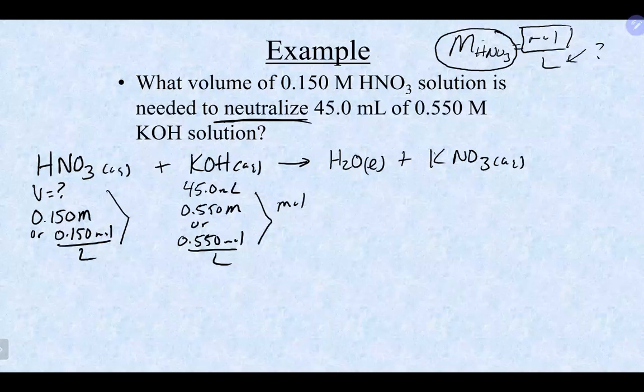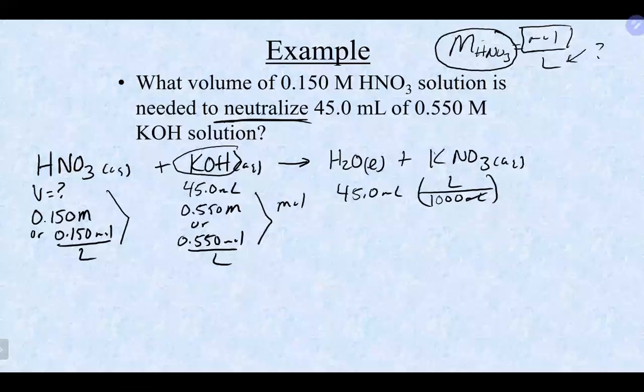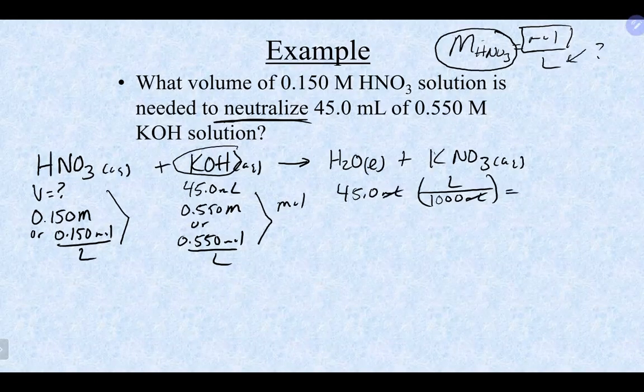And the only way that we could do the stoichiometry part is we could get the moles of it. So that's the first thing that we want to do. This balanced, we now want to convert our KOH into moles. We do need to, once again, convert our volume into liters. Whenever you use volume and molarity together, it does need to be in liters unless you're doing a dilution equation. And that would be 45 divided by 1,000. We're going to move our decimal place 3 places to the left,